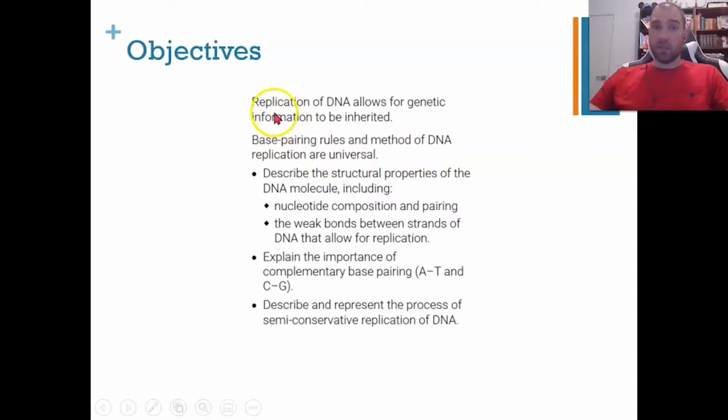The science understanding we're going to look at: replication of DNA allows for genetic information to be inherited. Base pairing rules and the method of DNA replication are universal across all organisms. Describe the structural properties of DNA, including nucleotide composition and pairing, and the weak bonds, so those hydrogen bonds we talked about before. The importance of base pairing, AT and GC, and describe and represent the process of semi-conservative replication